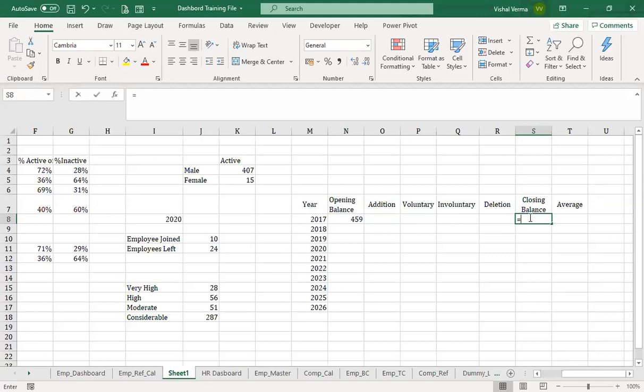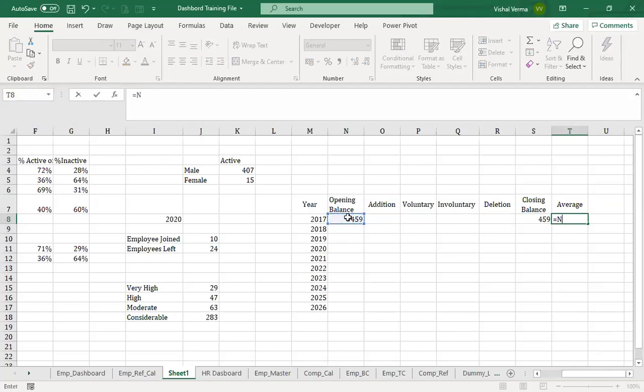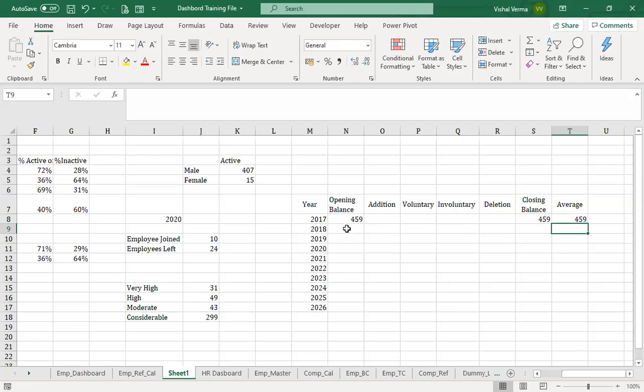The closing balance will be opening balance plus addition minus total deletion, and the average will be opening balance plus closing balance divided by 2. The opening balance for the next year will be the closing balance of the previous year.